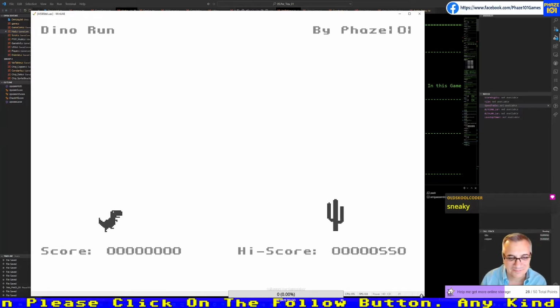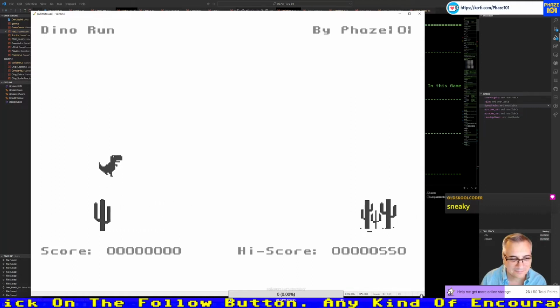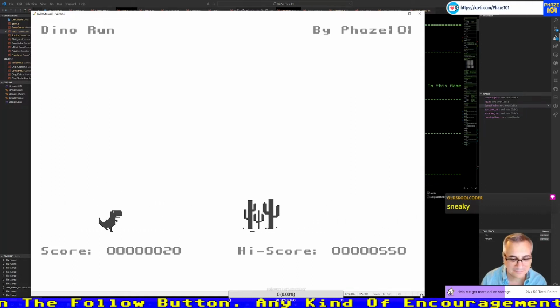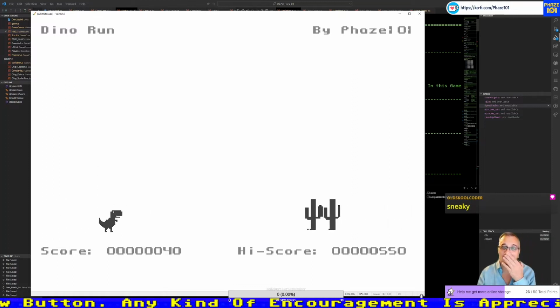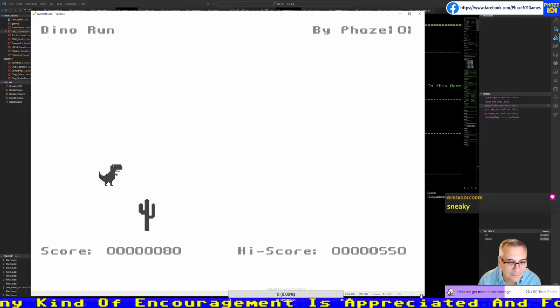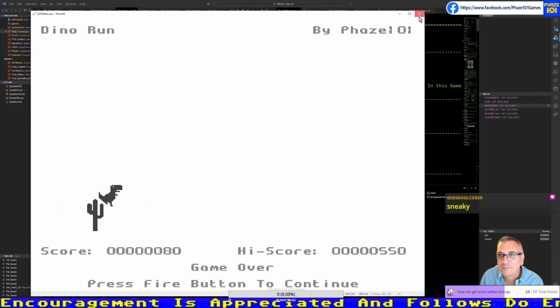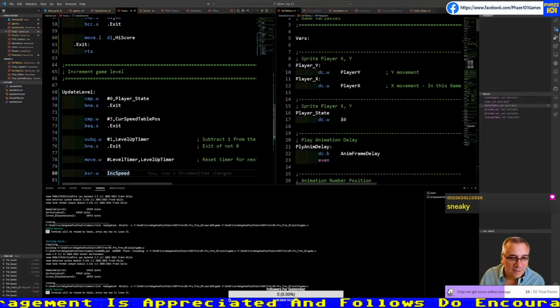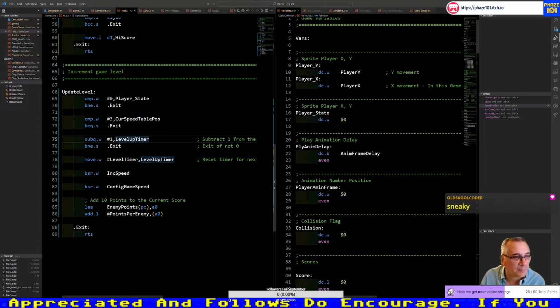Still fast. I need to fix that problem. But at least it doesn't do it when I'm jumping, so that's fine. So we still have a bug.